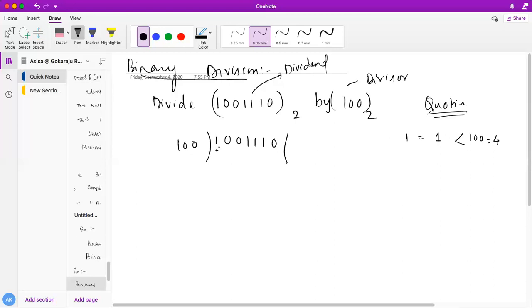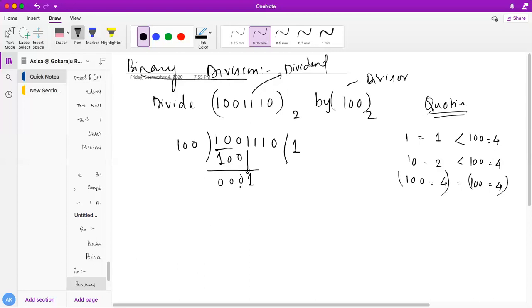So what you need to do, you have to take the next 2 bits of the dividend. So 10 is nothing else but 2. 2 is again less than 100, which is actually our divisor 4. So I cannot perform the division. Then you can take 100. At that time this is 4. Now it is equal to 100, which is actually your divisor. This is your dividend. So you can multiply with 1, which will give you 100. Then you perform the subtraction as it is. So this will be 0 0 0.